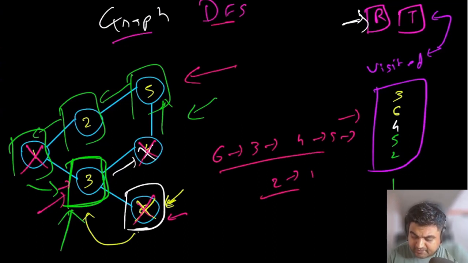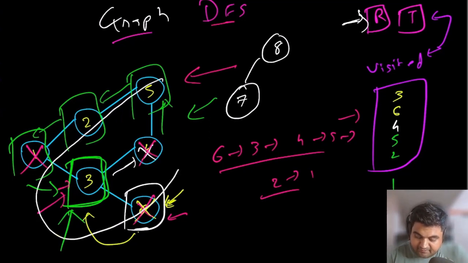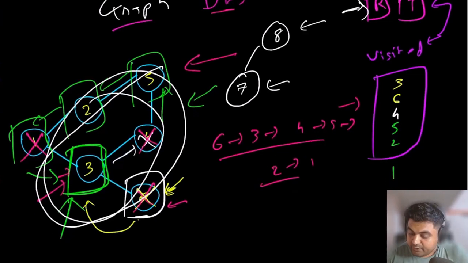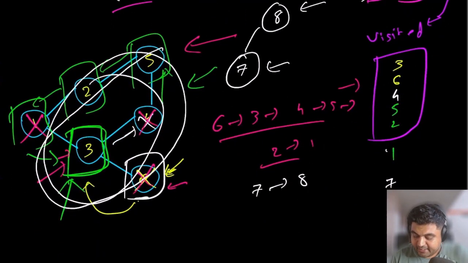It could also be possible that there is one more node number 7 over here that is not connected with any edge, and there could also be a node number 7 and 8 that are not connected with any edge. So again, after traversing all of these values, we are still going to use recursion to go over these two nodes, add them to our visited hash set, and add them to the nodes that we have processed in some way, shape or form. And this is how recursion would work typically for graph and tree data structures.